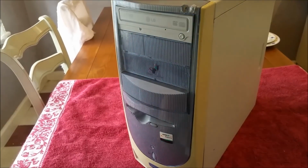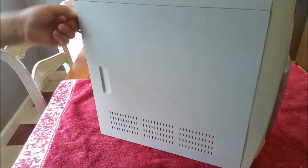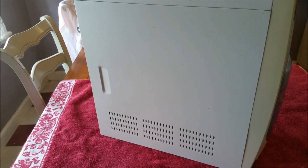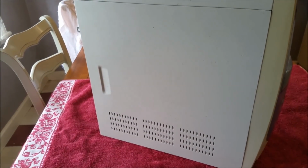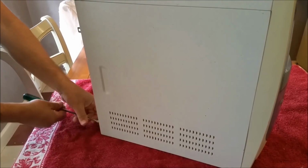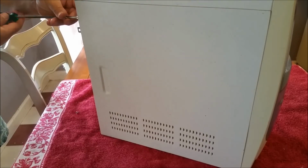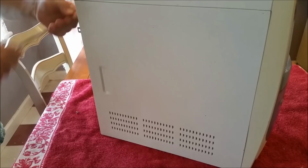One of the reasons I picked these, aside from, where's my screw stick? Aside from the fact that they looked a little bit more interesting than the standard beige box, was the way they were constructed. Now, anyone that's put computers together, I won't say built them, because we just sort of assemble them, don't we? We don't really build them as such. But anyone that's put one together